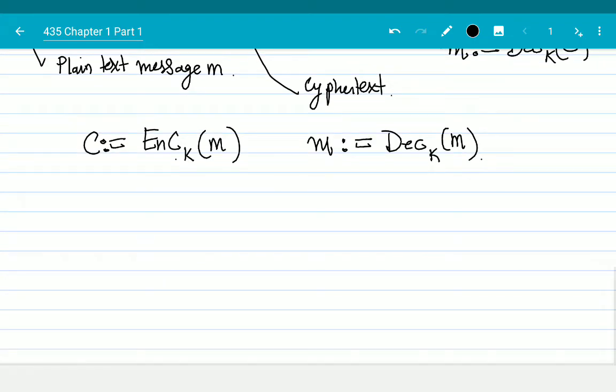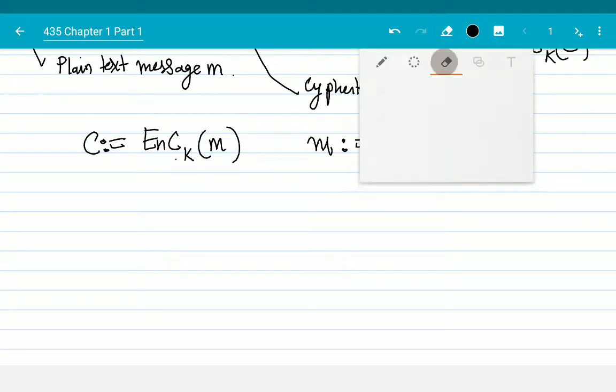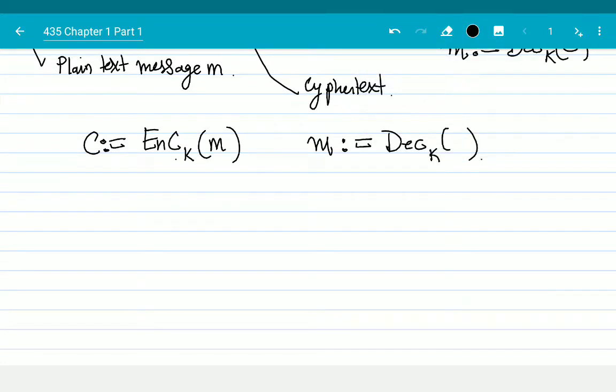If I send a message, I encrypt it, I get some ciphertext, I decrypt the ciphertext,